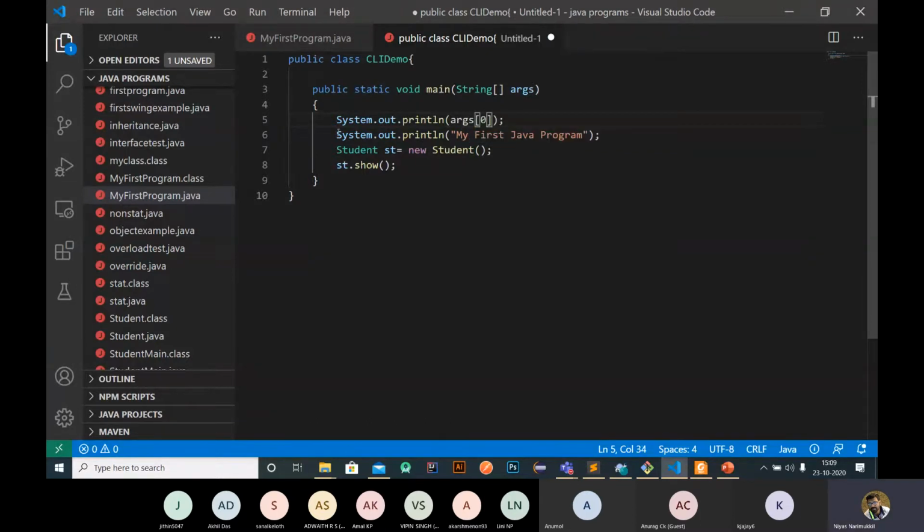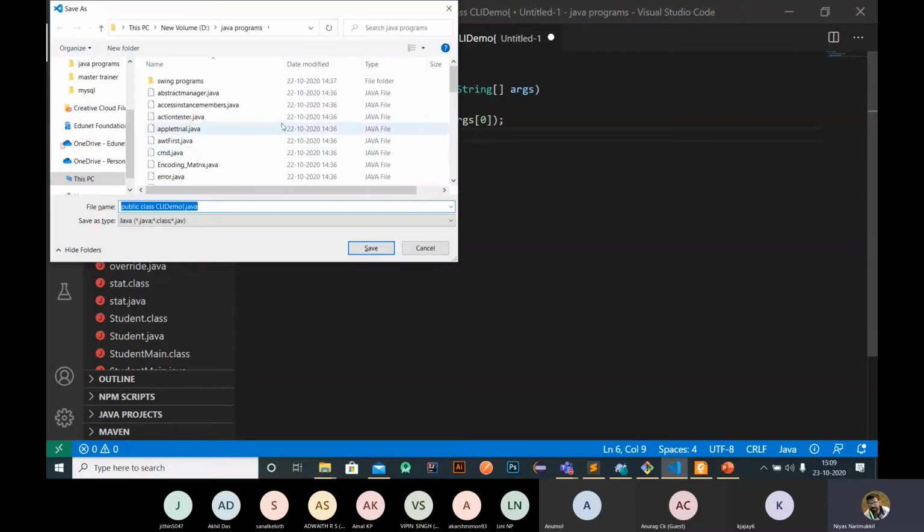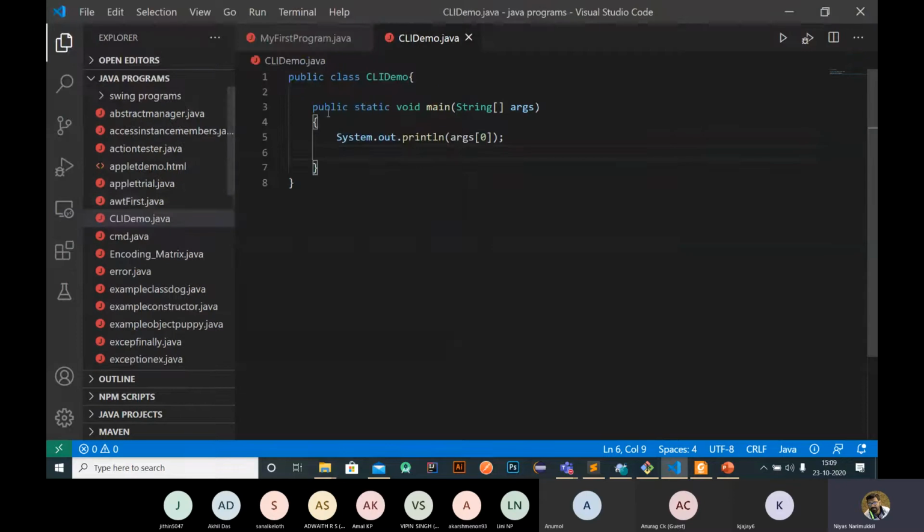This is an array. I just created a new Java file, CLIDemo.java. Okay, so this is my file.